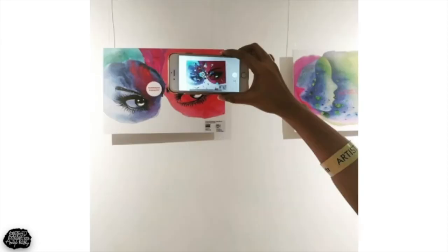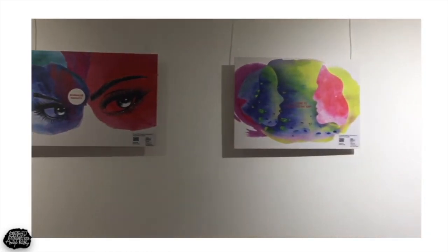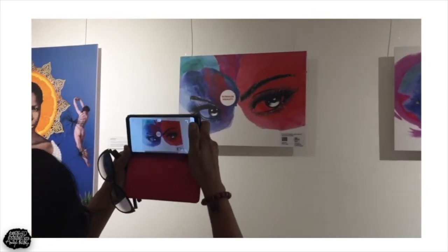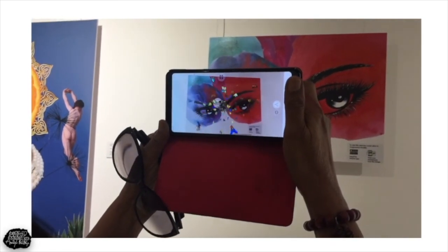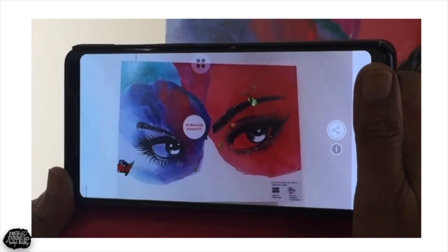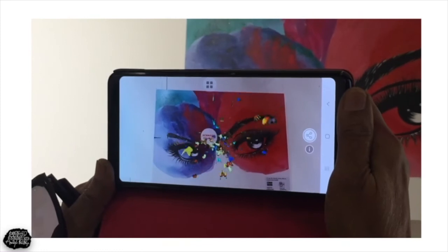This is another digital art project which I made for Under the Rain Tree Women's Cultural Festival last year. These are three small works which talk about some of the feminist concerns of today. For example, the first work is called Normalize Equality, the second one is called Close the Pay Gap, and the third is called We Shall Be Heard, which talks about the Me Too movement. Now, there is a hidden digital layer in each of these artworks, which you can only see through a mobile phone app. You have to turn on the app and scan the artwork, and you see the hidden animated layer